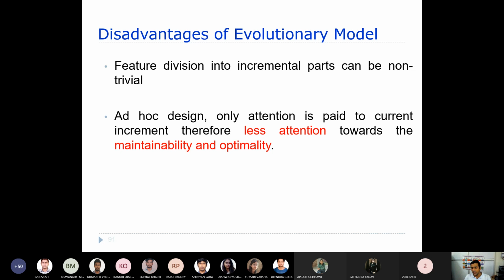Now, who decides the core modules? Usually these things are done through experienced users. Because it is an incremental model, user requirements are collected, and thereafter we divide those requirements.